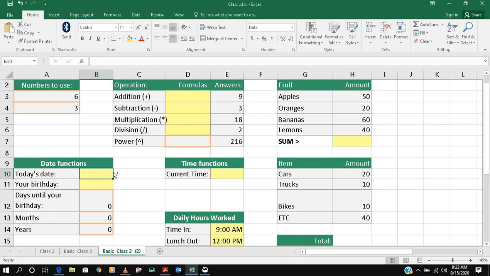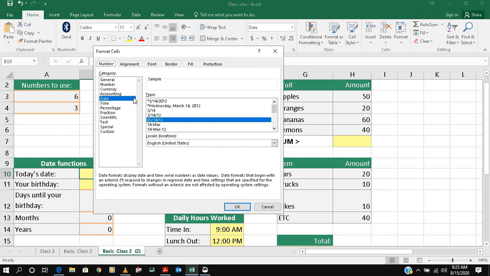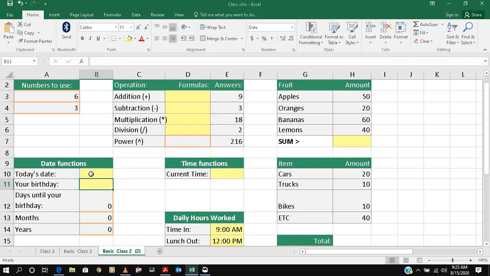Before that, with Control+1 you can set your format. There are formats for number, general, currency, but right now we are talking about date. The others, number, percentage, functions, will all come later. Right now we are selecting this format: the month will be first, then the day, and then the year. I'm putting it the same way down below also. So I will put today's date.